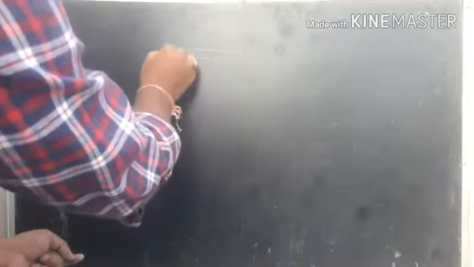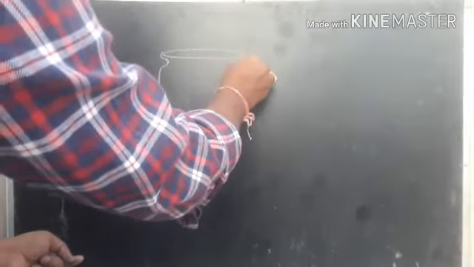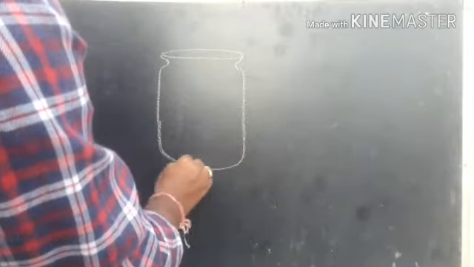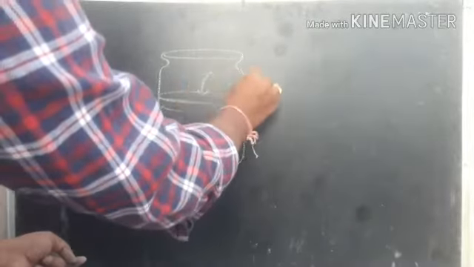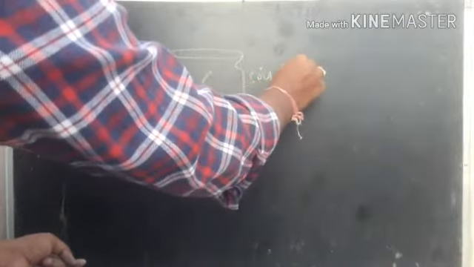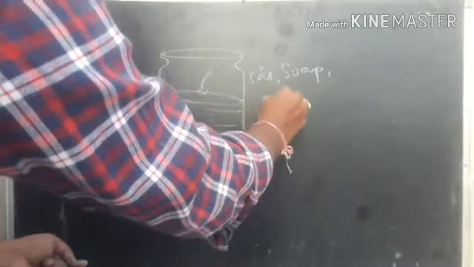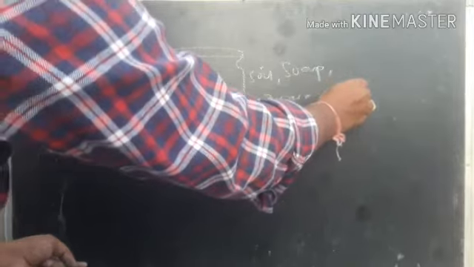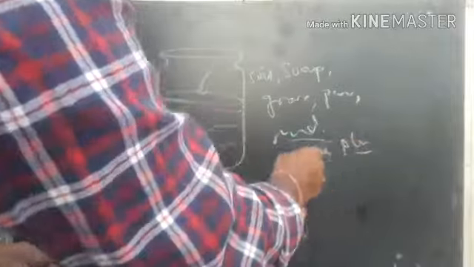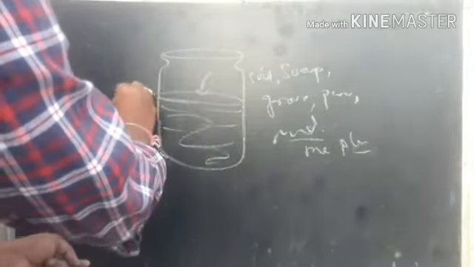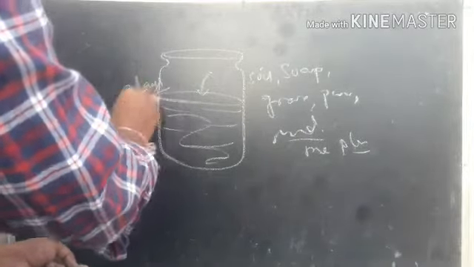So if you treat the water well, then it becomes good. Now you can do this at home also. For that we need polluted water. So how can you pollute the water? Very simple, we know very well. Take some water, about 3/4 full, and add soil, soap water, and some grass pieces and paper pieces and some mud, some metals, plastic covers. Add all of them and allow it to settle for 2 days.